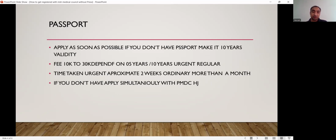Second document is passport. You need a valid passport. Okay, and if you already have a passport, then it's well and good. If you don't have any passport earlier, you have to apply for a passport simultaneously with your PMDC house job certificate. And because nowadays the passport from Pakistan is getting late because of a lot of applicants for passport,